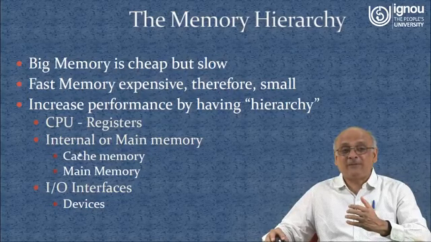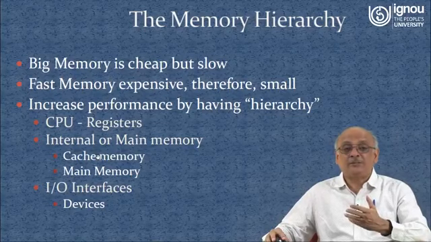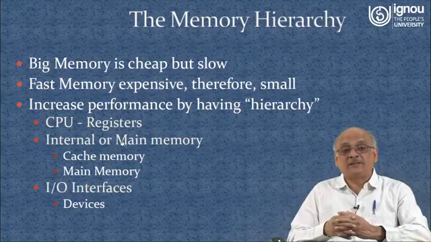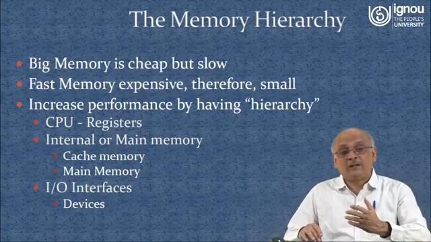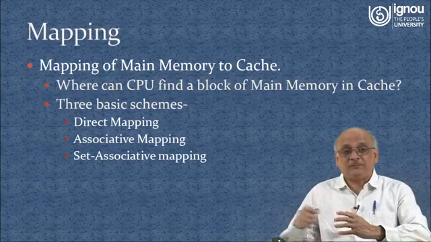Now this is the essence of this, and cache memory is going to be very, very fast. Some of the data will be caught in the cache memory and CPU registers will be getting information from cache memory. An 80 to 90% hit ratio is what in general you get, and that is how you enhance the speed of overall memory to CPU access by around 80 to 90%. So this is how the whole thing works. So let's look into the mapping scheme.